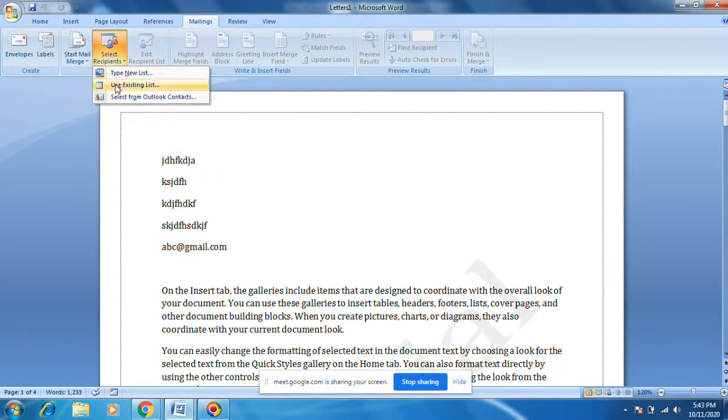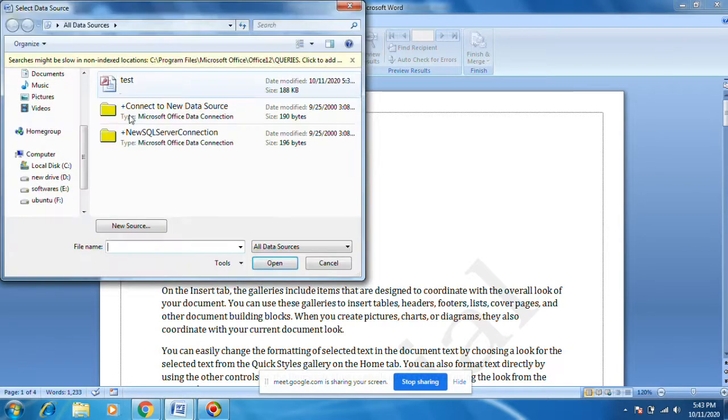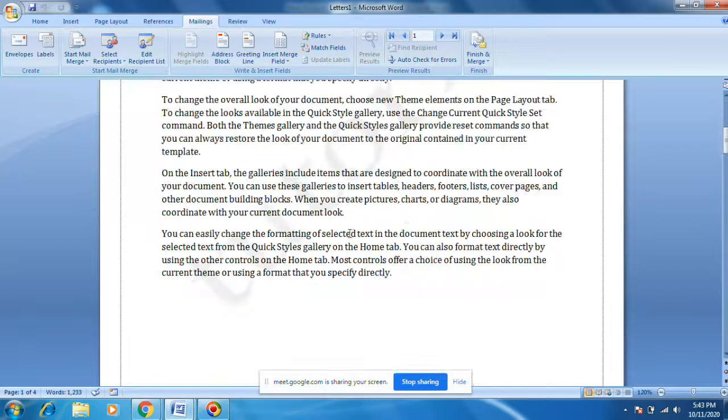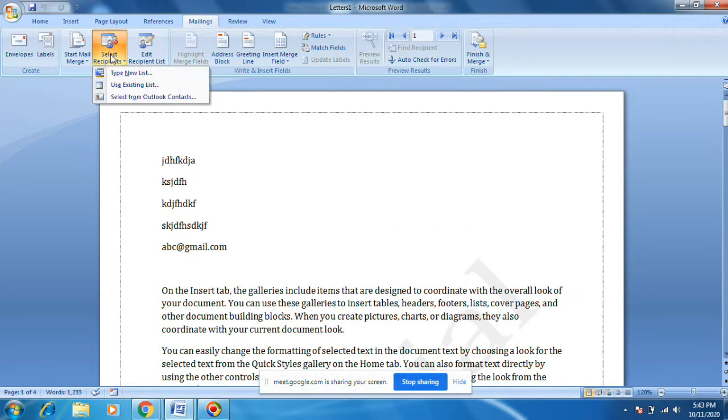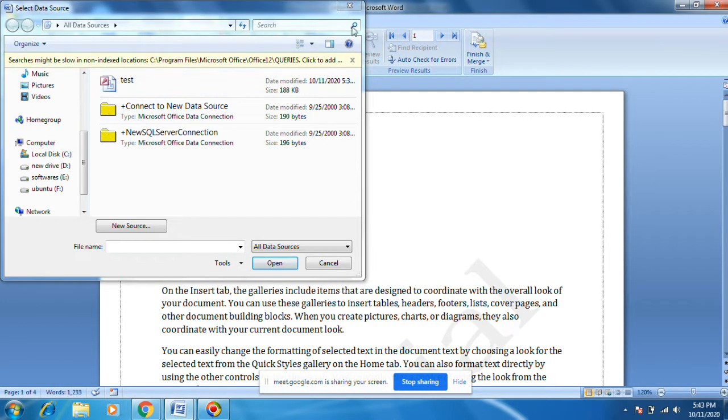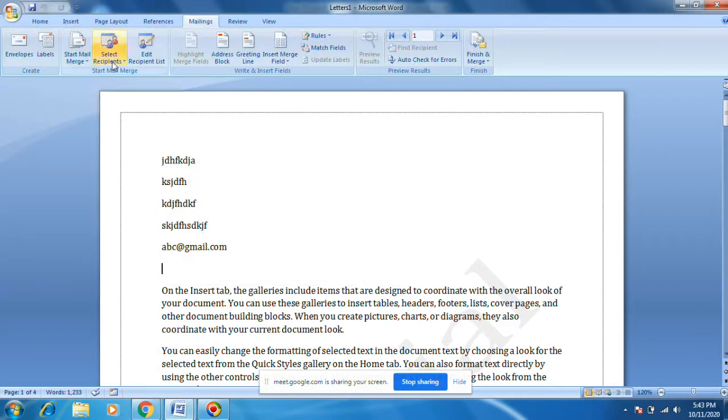Select recipients. Use existing list. Somewhere I have saved that. Oh, test. This is the test I have just saved. Just open. These are all related to mail merge only. You will get some recipient list.